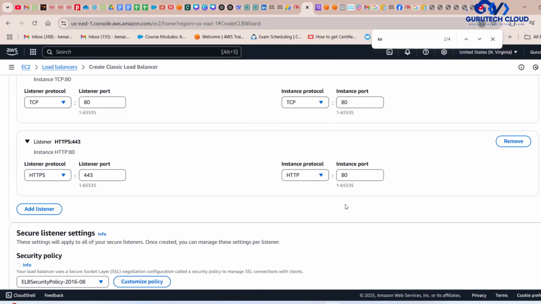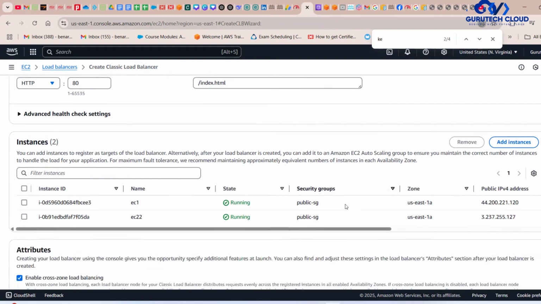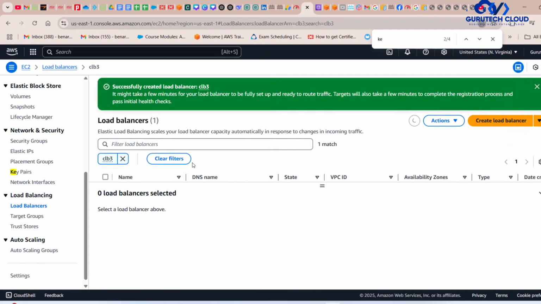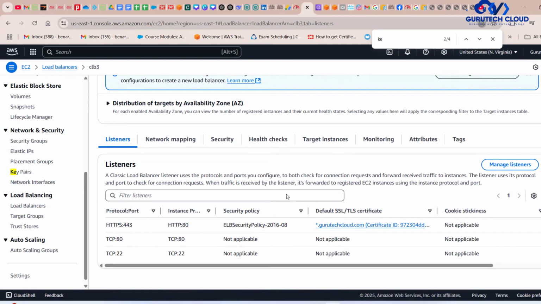All right, now I think everything's okay. I just create. Perfect. So we're going to wait until all the instances are in service, then we begin to test. We're going to test TCP port 22, TCP port 80, as well as